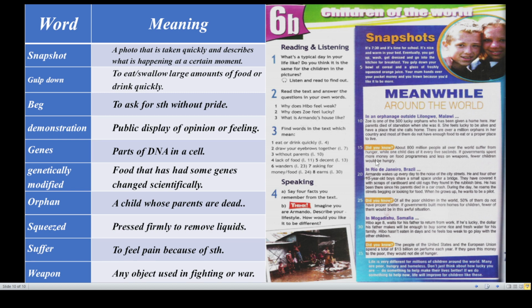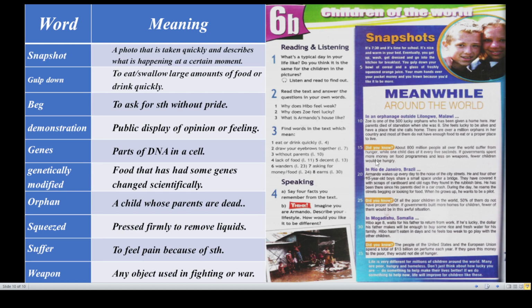In Rio de Janeiro, Brazil, Armando wakes up every day to the noise of the city streets. He and 4 other 10-year-old boys, so they are 5, share a small space under a bridge, so they are homeless. They have no home to live in.